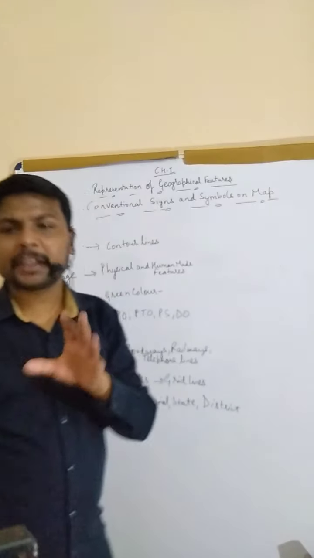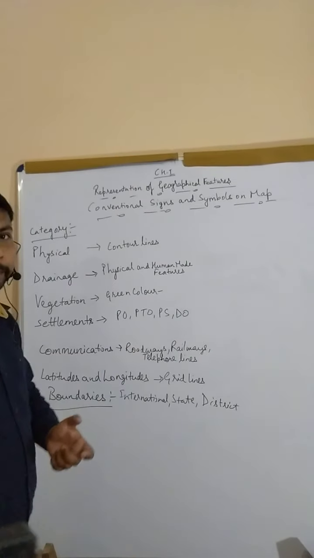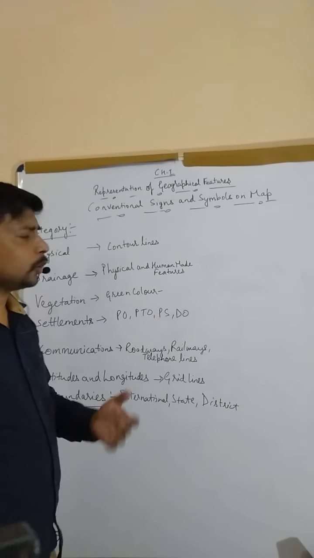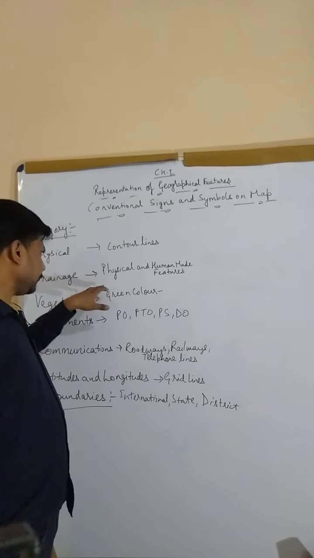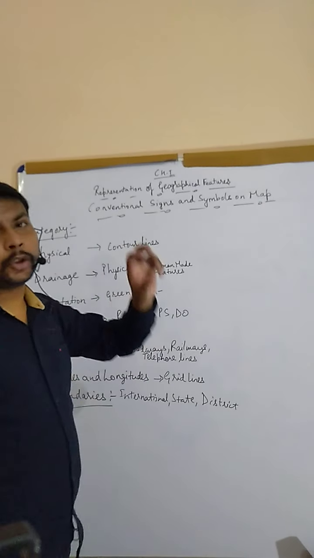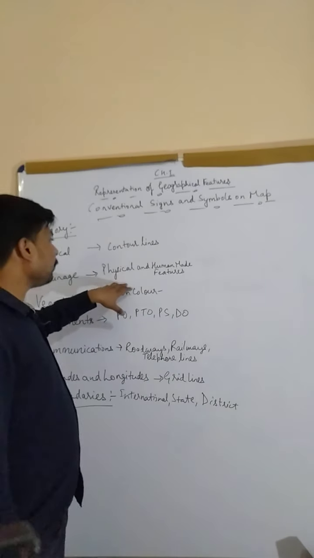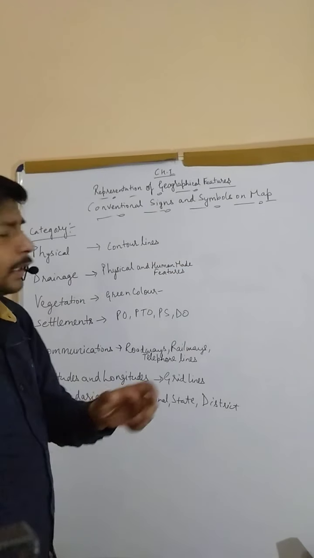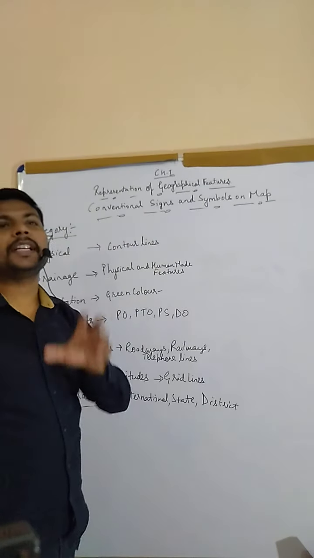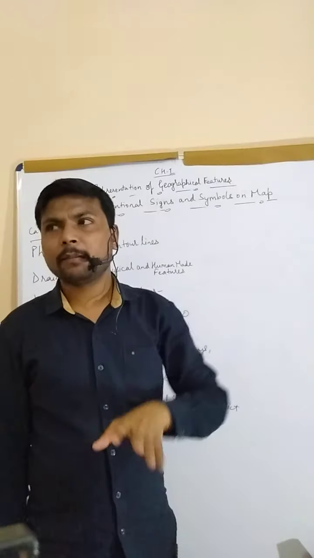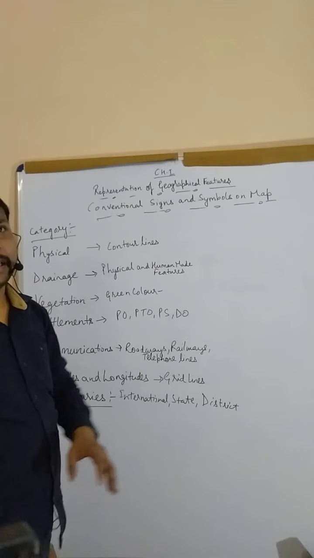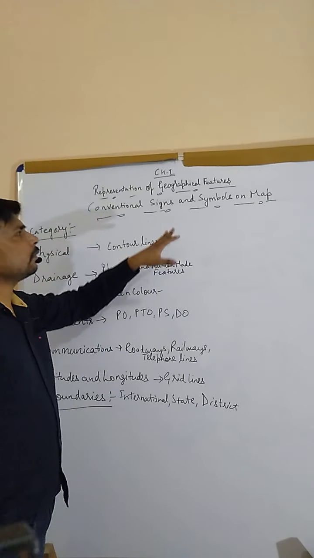We don't have a lot of space on the map, so a map is very limited with the space. If we had proper space on the map, then it would be possible to write everything. But because a map is made with limited paper, it has limitations, so we use some conventional signs and symbols so that you can easily locate various things on the map, right? It's not possible to write each and everything on the map, so we use these conventional signs and symbols.